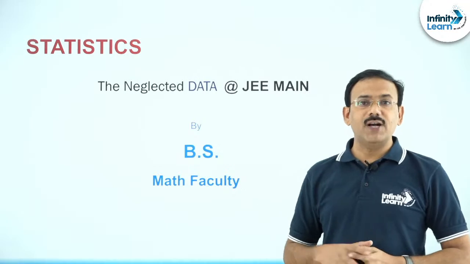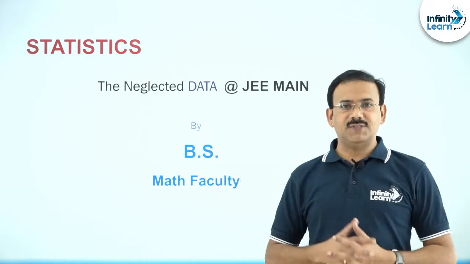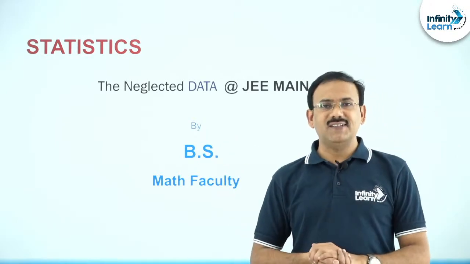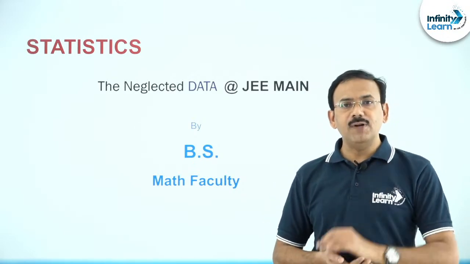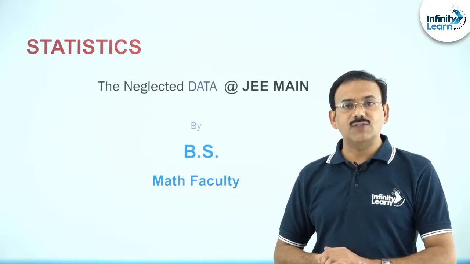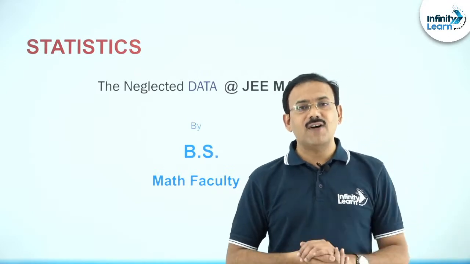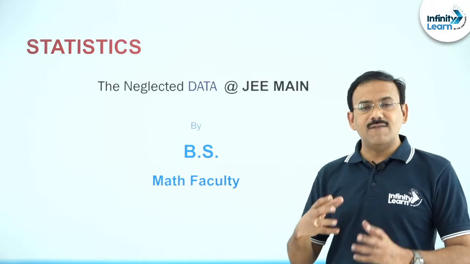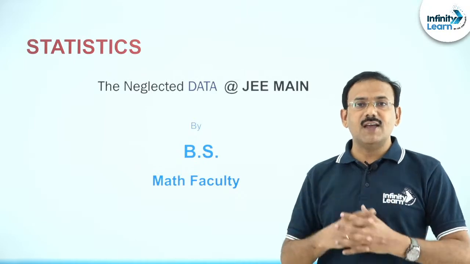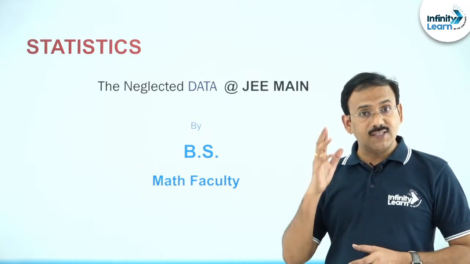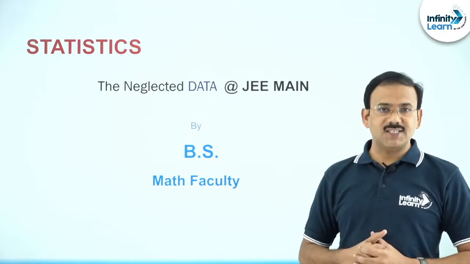One more important point about this topic is that it does not have a lengthy synopsis. Hardly you will have 4 to 5 formulae. It takes just half an hour to 1 hour to learn this topic. You people who are practicing for JEE Main and Advanced for years together, learning 4 or 5 points is not a big thing. You can learn very fast, and if you connect it with some questions given in JEE Main, you will get an idea of which area he is highlighting. At the end of the class, I will tell you the major area from which you get questions in the topic statistics.